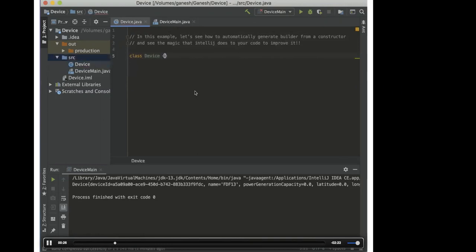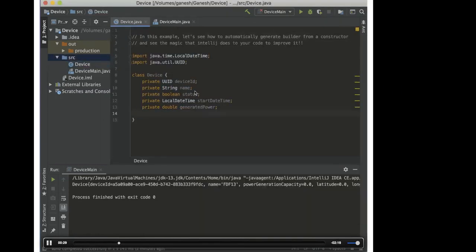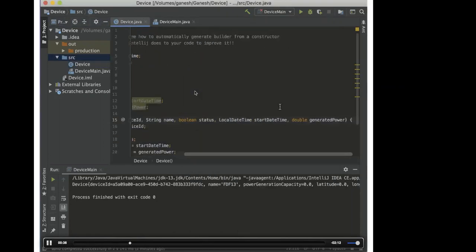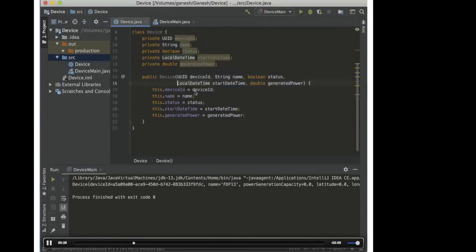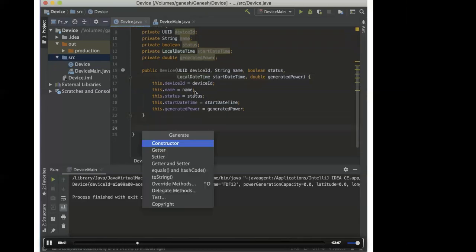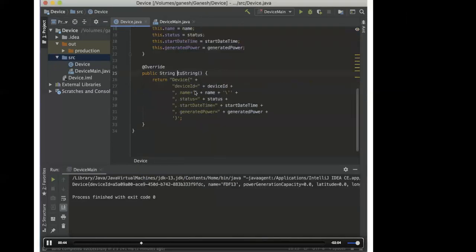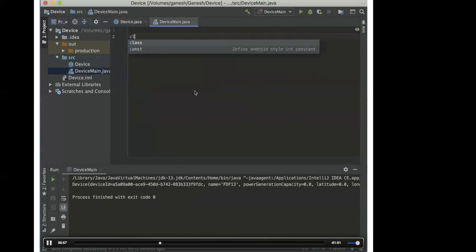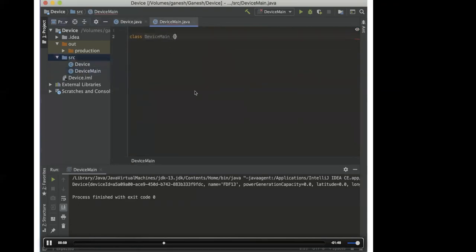So let us say we have a device class, and these are the parameters that we have. And if we create a constructor which takes all the arguments, that's a smell, because with more than 3 or 4 arguments, it's a bad idea to use them in the constructor parameter list, right? So the better alternative for that is to do the builder pattern. Actually, fortunately, IntelliJ IDEA does it very easily. What you have to do is Control T, and you could say create a builder class for me.